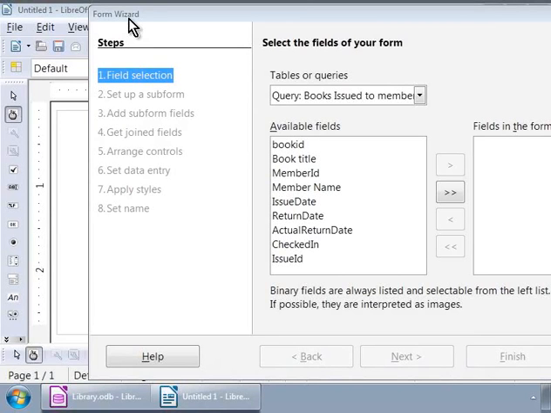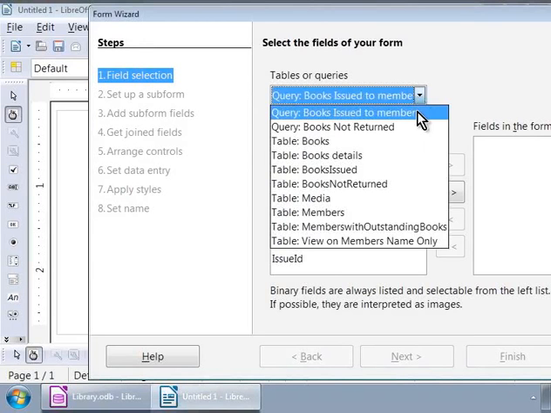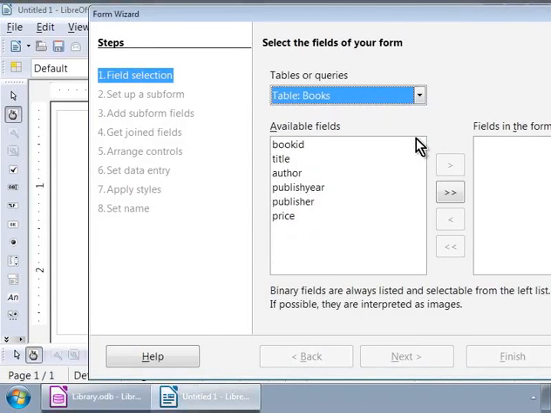Notice the 8 steps that we will go through on the left-hand side. We are in step 1, which is Field Selection. And on the right-hand side, let us choose Tables Books from the drop-down here that says Tables or Queries. Below this, we see a list of available fields on the left-hand side.